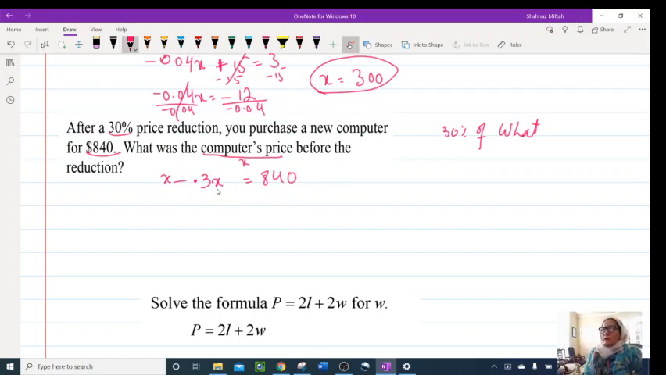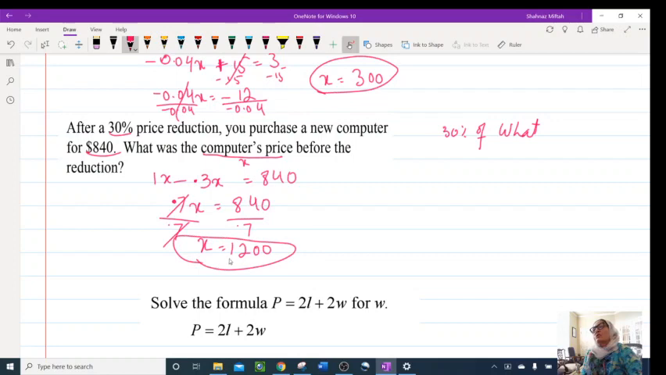X and 0.3x, they are like terms. And this is 1 actually. So 1 subtract 0.3x will give me 0.7x. You can use a calculator for that, and this is 840. You divide 0.7 both sides, then I'm getting x equal, and again use a calculator, it's 1200. Now this is the original price of the computer. When I subtract the 30% of this, then I'll get $840. Okay,